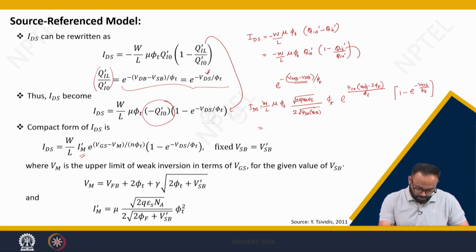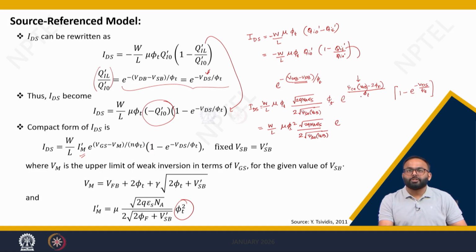In Im it will come, right. So W divided by L mu into phi t square into square root of 2 into q into Na into epsilon s divided by 2 times of psi sa Vgb. As I have already explained, considering the special case, we can simply replace this psi sa, which is a function of Vgb minus 2 phi f, as Vgs